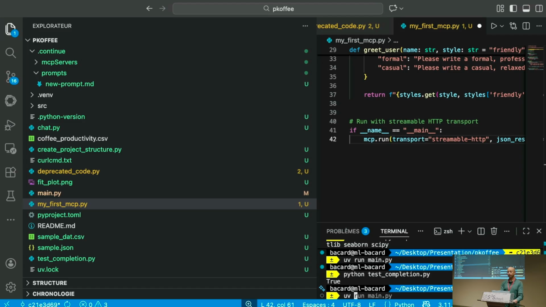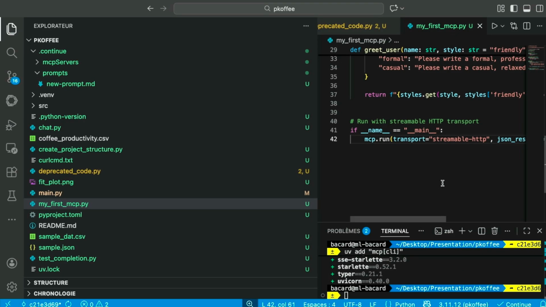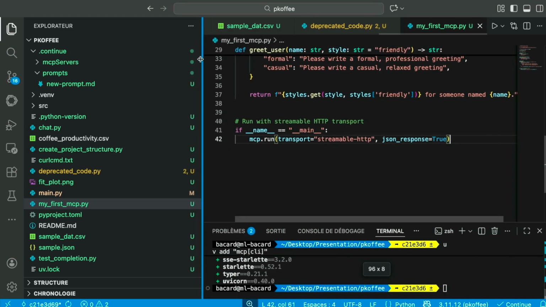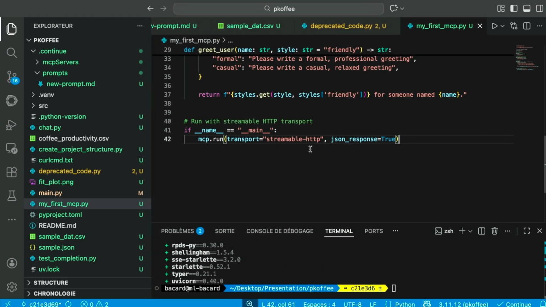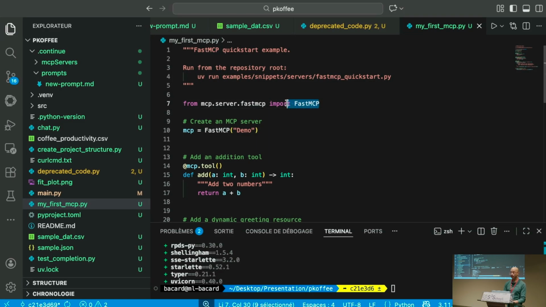But first I need to install MCP. So uv add "mcp[cli]" with these double quotes here. All right, it's installed, fine. So once you've created an MCP server, you just need a Python file. It's where you import, this is just the standard syntax, from mcp.server.fastmcp, this is the Python SDK. You create an MCP by calling this